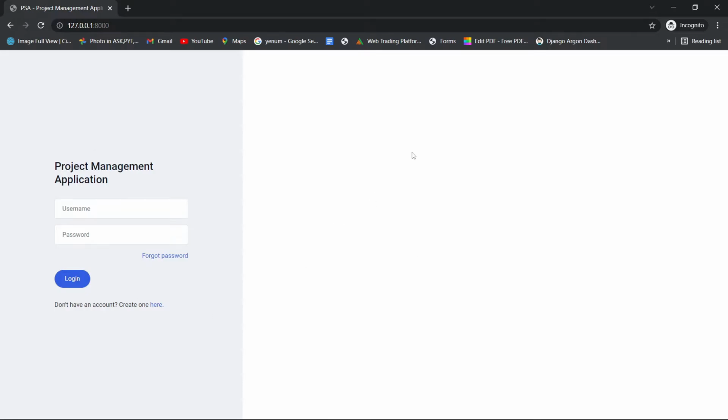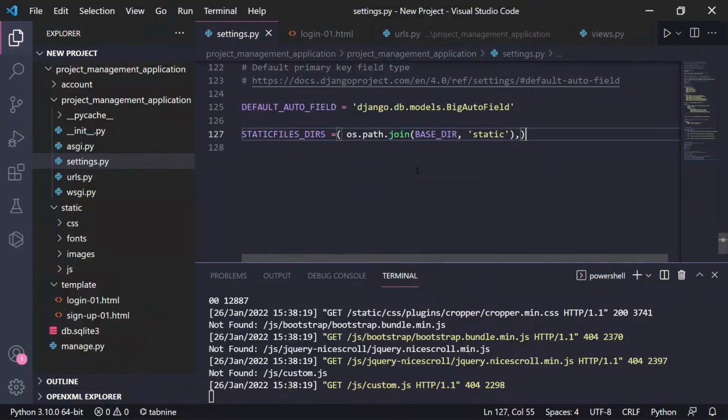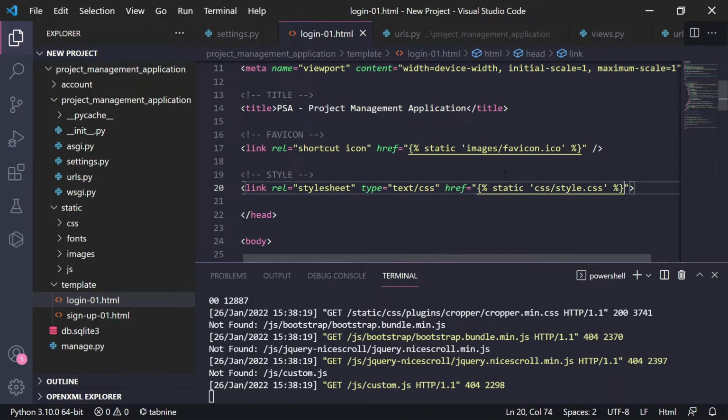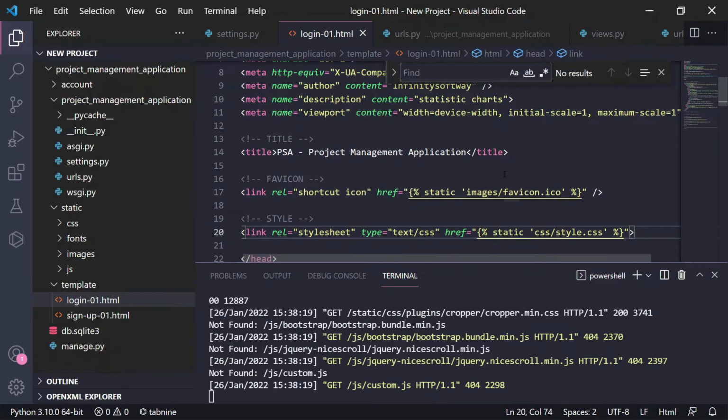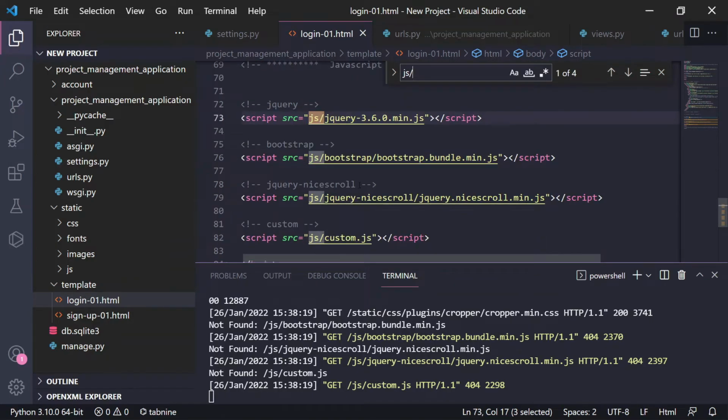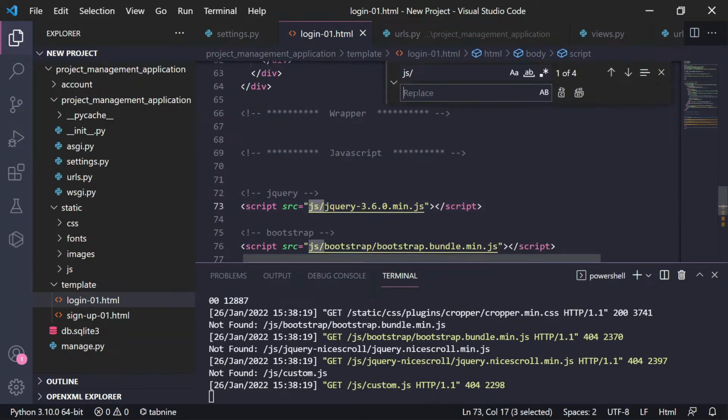and JavaScript folders are loading, but not all the files are loading because we have not completed the changes in login.html. For making changes I have to use Control F. What I will do is replace all the static files into this format, a Jinja format. I will just search the JS folder, JS slash. Yes, we have four JS slash entries,